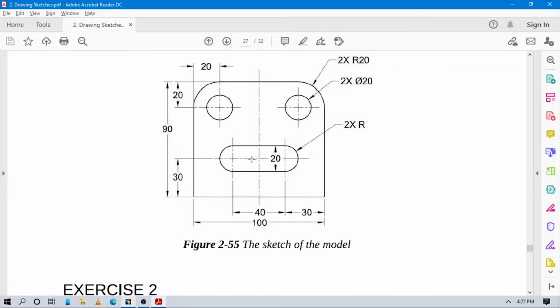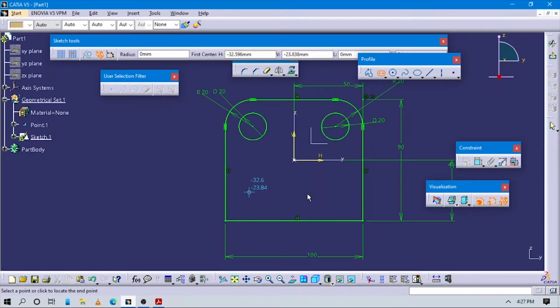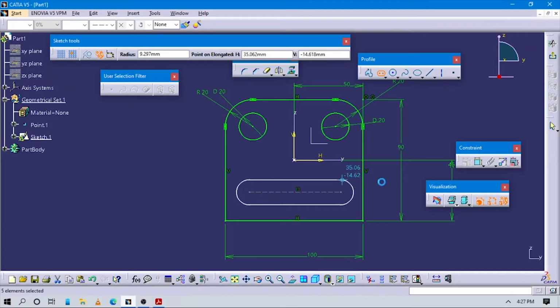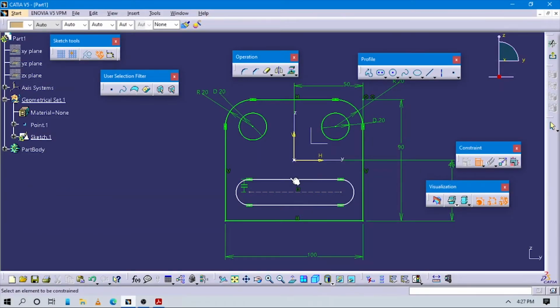Now we have to create this elongated hole here. So go to this profile tab and apply to this rectangle command and select this elongated hole. Draw one horizontal elongated circle and the vertical distance is given here as 20